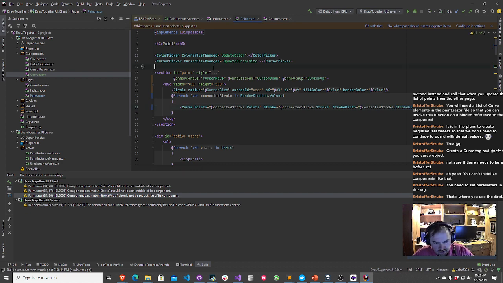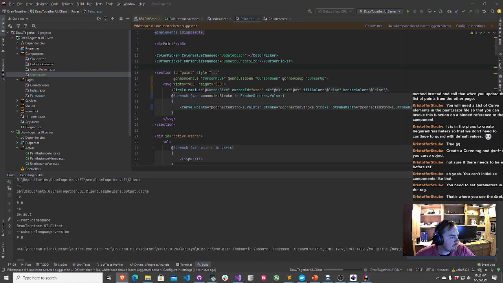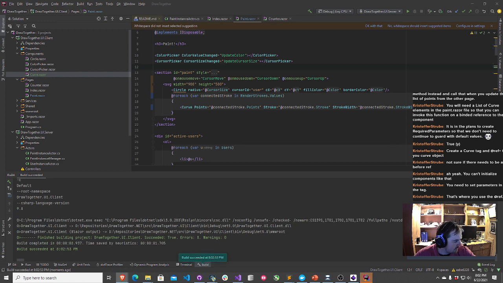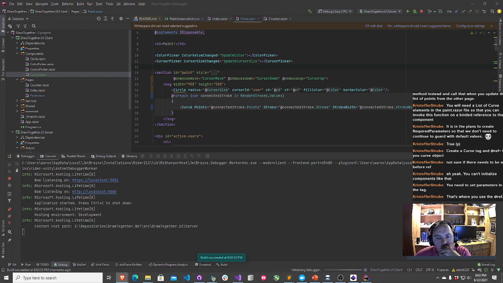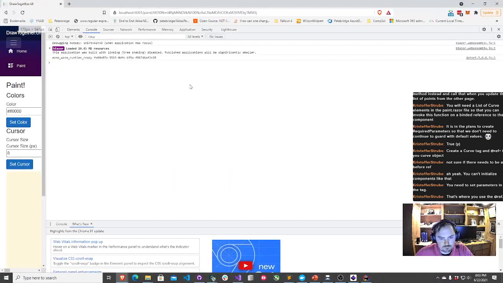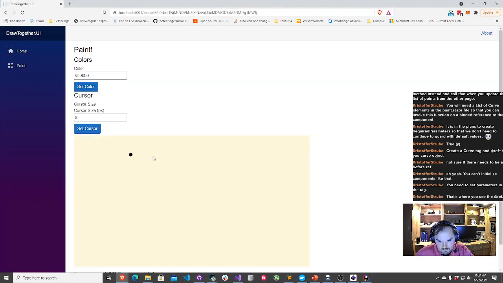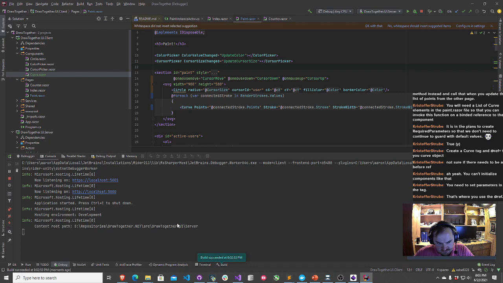Well, let's go ahead and give this a shot. That's where you use the ref. It's basically, oh, I can go ahead and refer to the connected stroke object for that. Let's see. All right. Blazor still seems like it's going pretty dang slow. Haven't seen my little SignalR connection go through yet.